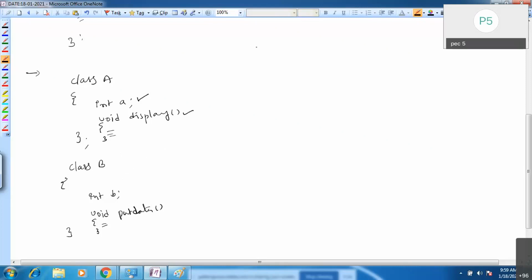See the syntax in C++ to use the inheritance property.